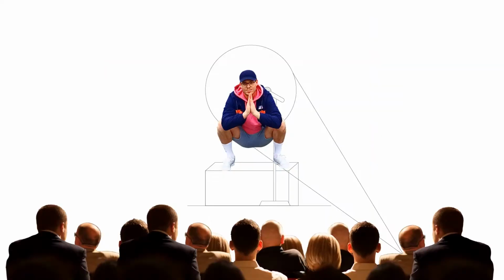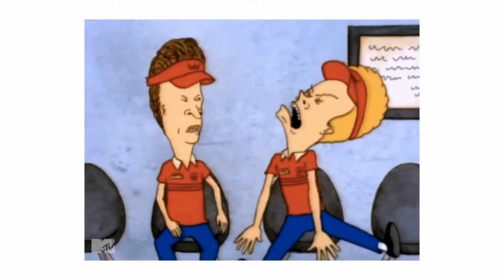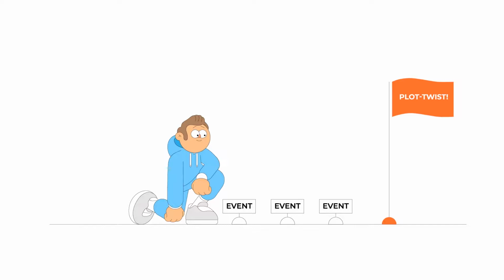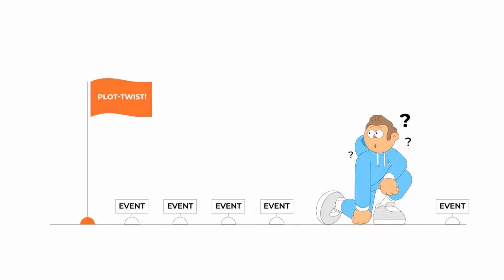You get it. When working with plot twists, you need to be deceptive. It's all about pulling the audience in one direction, and when they least expect it, hit them with the twist. Structure-wise, start off thinking about what you want to talk about in the end. Then retrofit in that build-up part. As for the build-up itself, it can be very random, but, and this is a big but, the sequence of events needs to logically bring about the plot twist. Otherwise, it will just come off as incoherent.